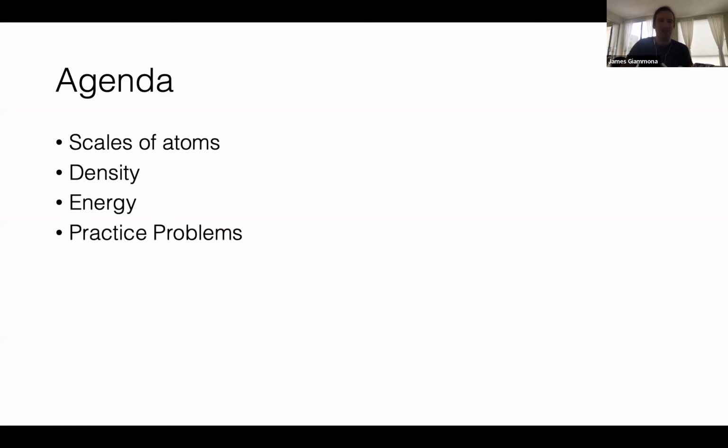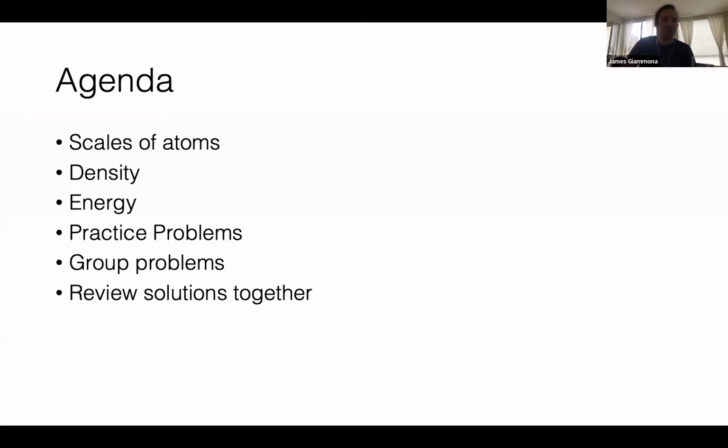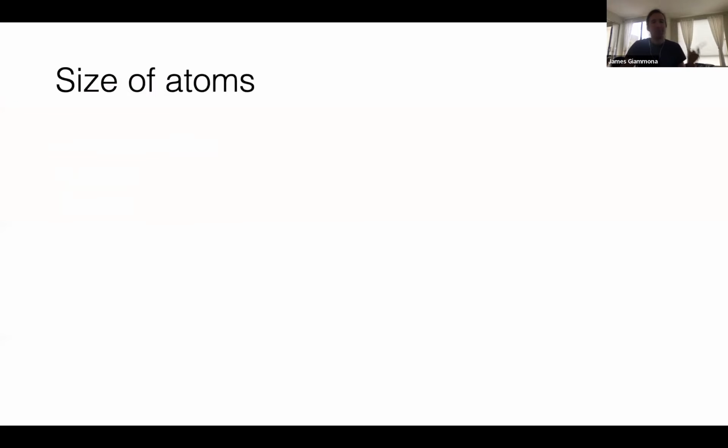So the agenda is similar to last time. Again, I'm going to quickly review scales of atoms and densities and energy scales, and then I'll give us a new problem. This is actually the agenda from last time, and then we'll do our group problems and review. So quickly to review,